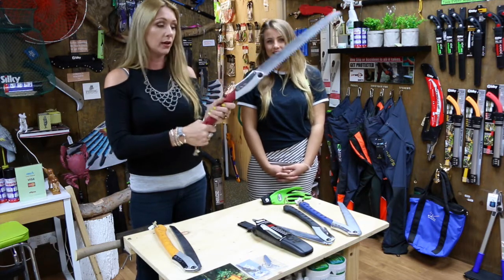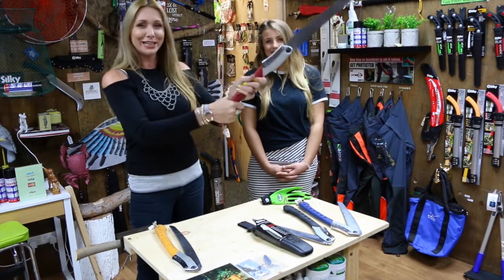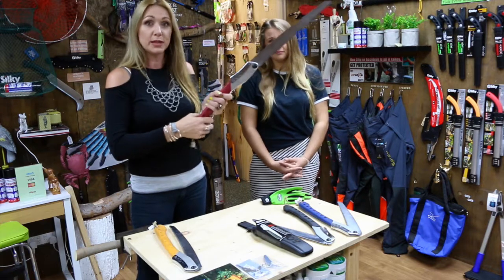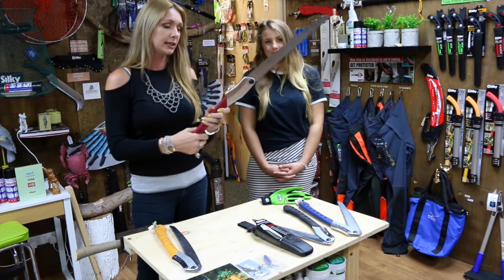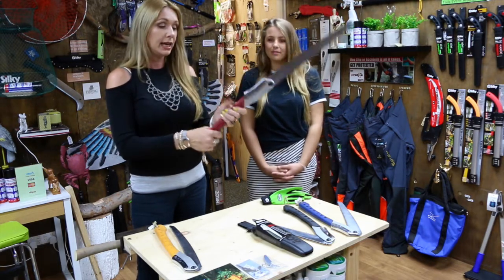So if you're using it a lot, and you're cutting something maybe quite big, you get that sort of feeling through the hands, and that can be uncomfortable for some people. So this rubber absorbs that, which is really nice, and just makes it feel more comfortable. You don't fatigue as easily. So really special rubber. And also the other cool thing is if you start sweating, it actually gets grippier,